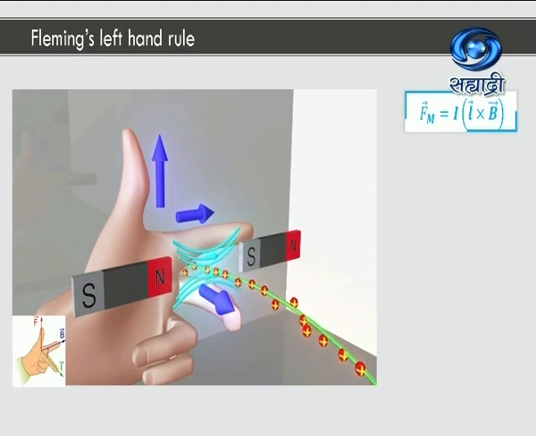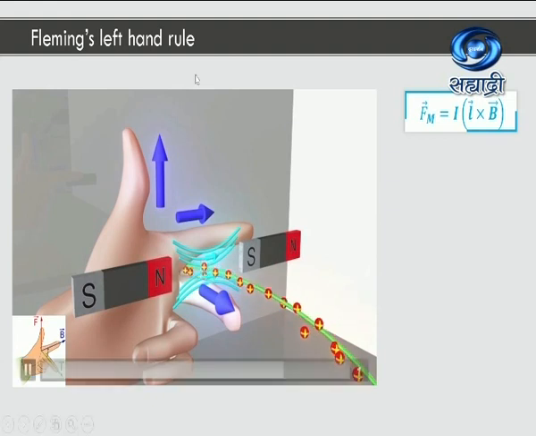Now, as soon as the current flows through the conductor, for instance, current is flowing from left to right. Positive charge direction is nothing but the direction of current. The wire is kept in an external magnetic field which is produced because of an artificial magnet, North Pole and South Pole. Here, if I want to find out the direction of force acting on this wire, then as I said, we have to use Fleming's left-hand rule.